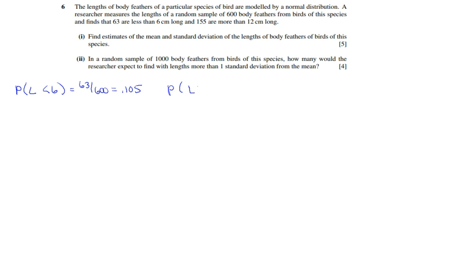63 times out of 600, it was less than 6 centimeters. And 155 out of 600, it was more than 12 centimeters. So those are the probabilities that we're going to deal with. What we're going to do now is basically create two equations. We're going to take the information they've given us, these two pieces, and make an equation